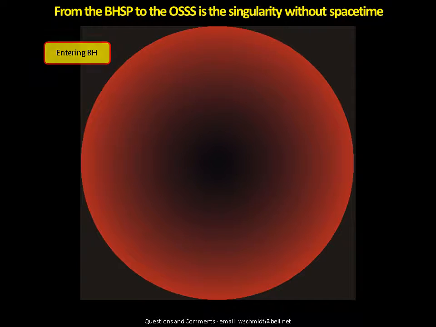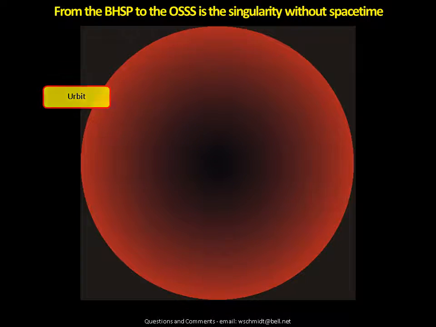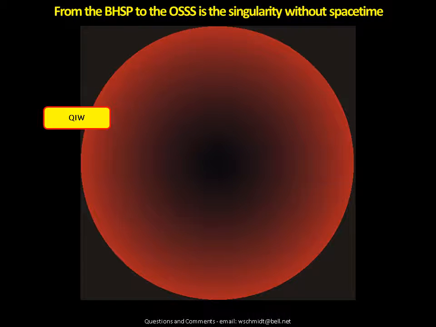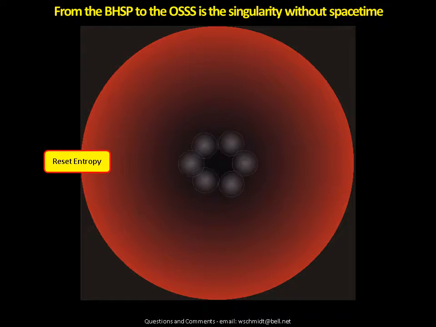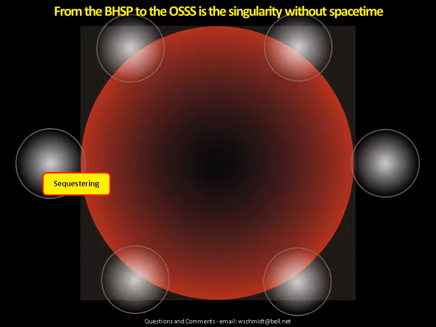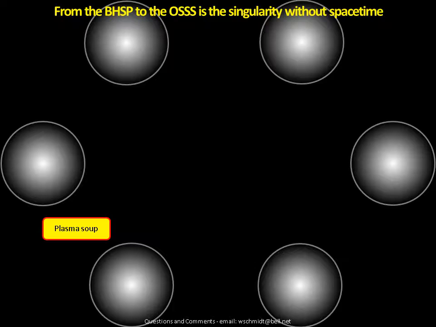Entering black hole, singularity, orbit, quantum inversion warp, random evolutionary trial and error, reject or select, reset entropy to zero, sequestering, outer spherical shell singularity, plasma soup,